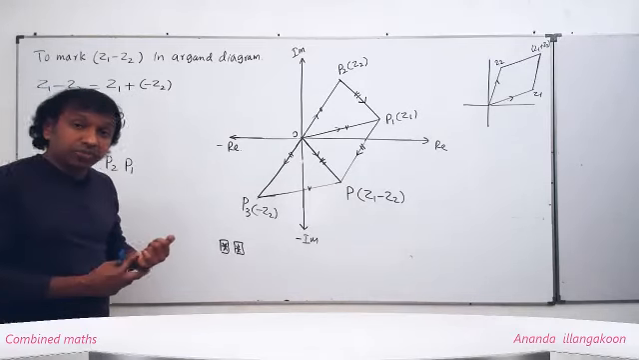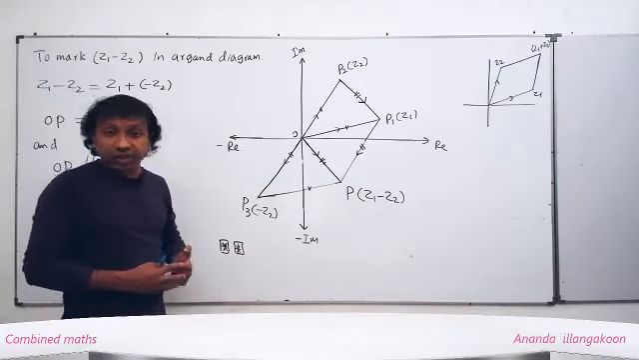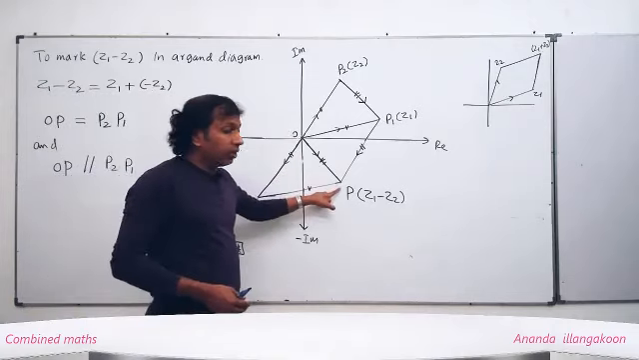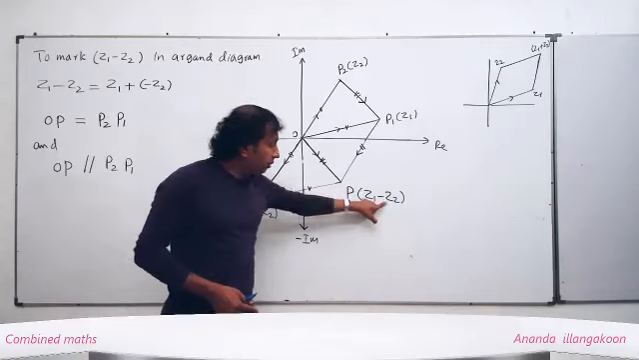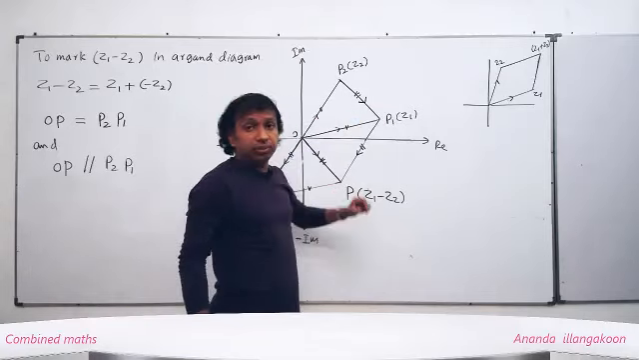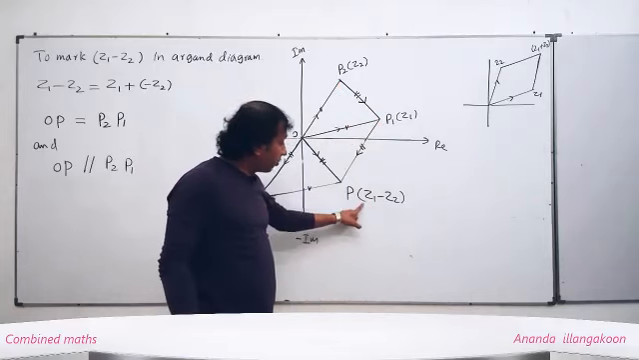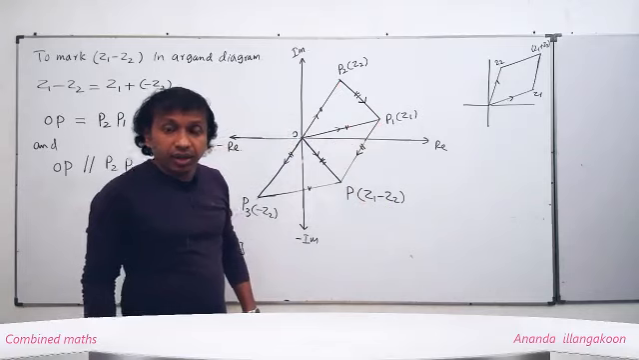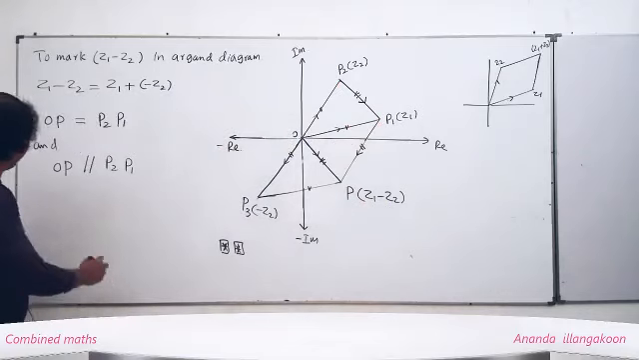Since complex numbers are very similar to vectors, now you can very clearly say the OP line segment gives the complex number Z1 minus Z2. Therefore, the P2P line segment should give the same complex number Z1 minus Z2. Understand? Then you can write, therefore,